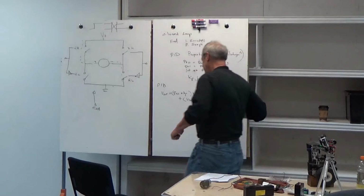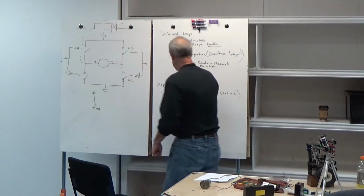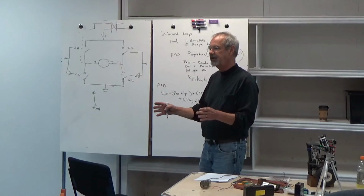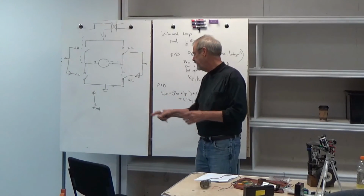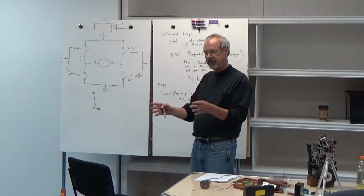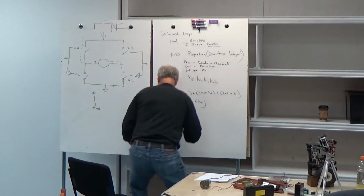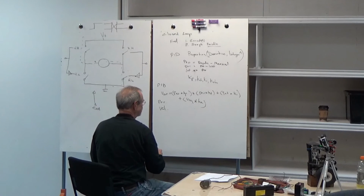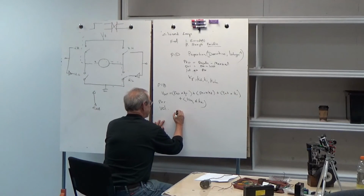So the position PID essentially is that you're calculating the position of the robot, and you want to offset that position. When you use this, the error is the difference between the position you want and the position you have. We'll call that position PID. And the other one is velocity PID, which is mostly what I use. The velocity PID, your output, V out, plus equals